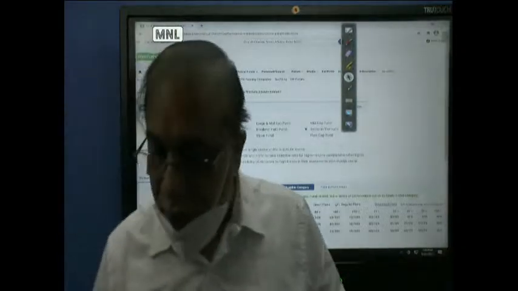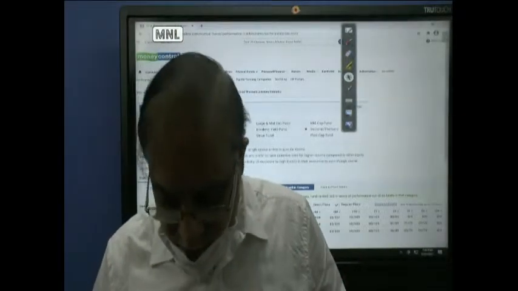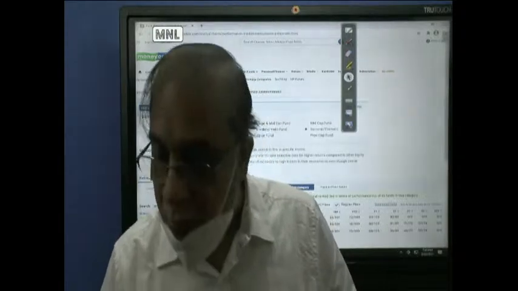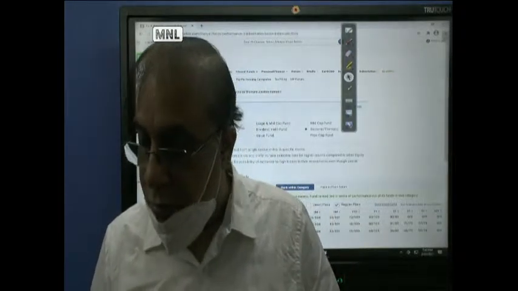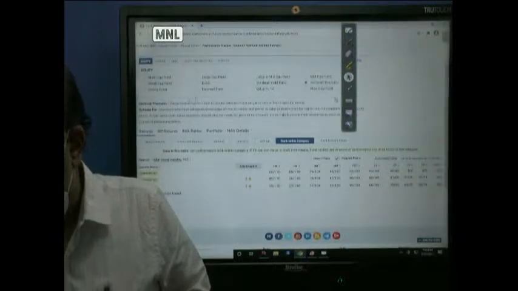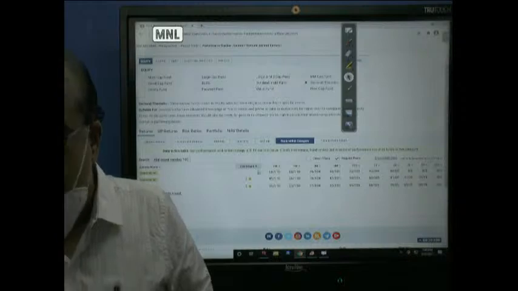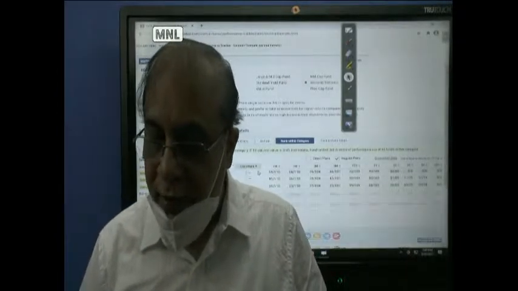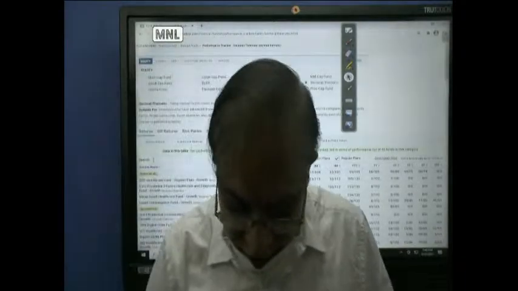Not getting the Nasdaq fund. Not getting any. Probably it's in the index or so. So we will look at the Franklin Templeton US